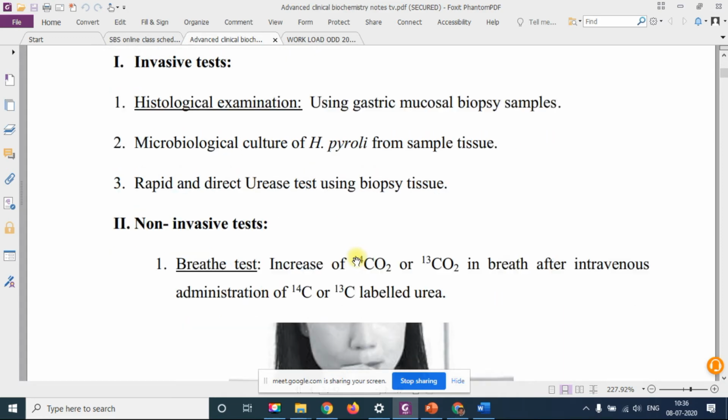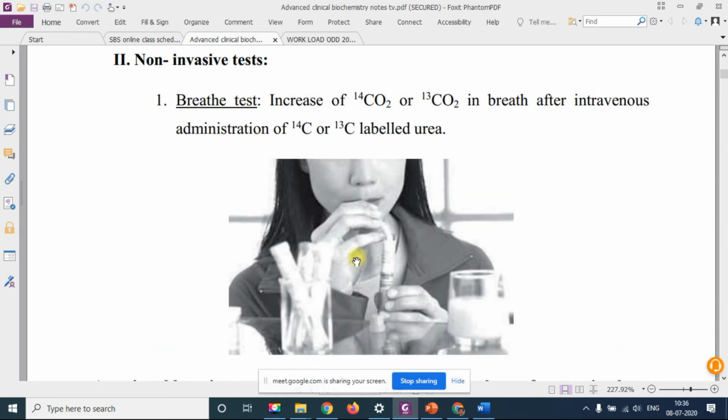And the second one is without the doctor, we can do it in the clinical lab. That is the breath test. You can see here, in the breath test, the increase of CO2 14 or CO2 13. What is CO2 13 and what is CO2 14? This is isotopically labeled carbon. So the increase of CO2 comes out of your respiratory system,